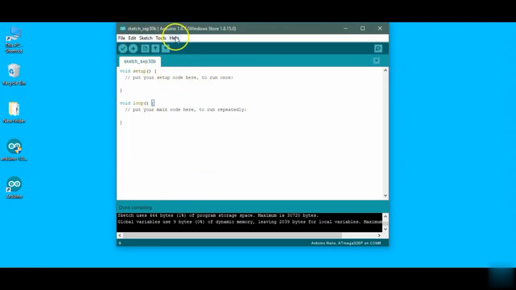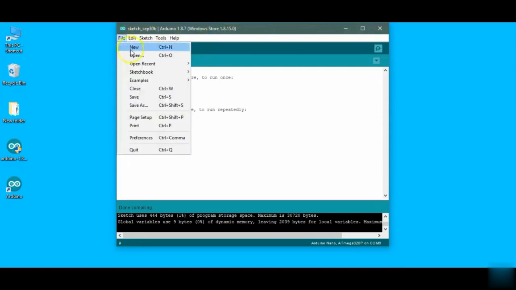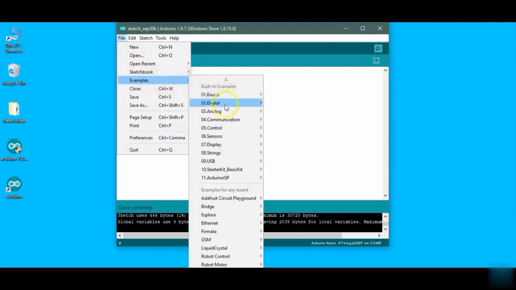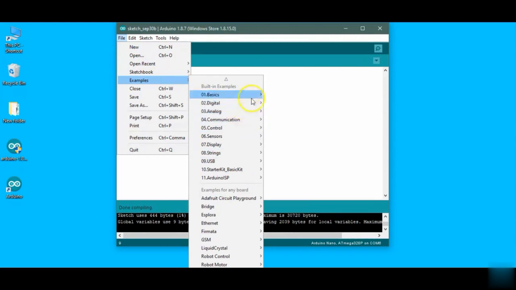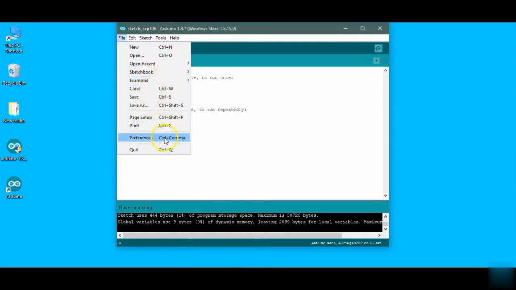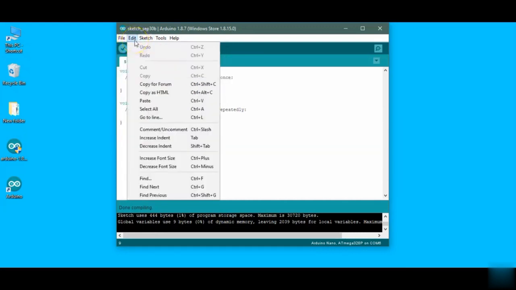Here you have 5 different options which are rarely used because all of these are given in the toolbar in shortcut forms, so they are not much required, but some of the options are important, so we will discuss them. First, in File you have different basic options, and the one to discuss is Examples, from which you can find different examples, which are code inbuilt by Arduino. These are basic examples you can write in the Arduino to check whether your Arduino is working or not. Then another one is Preferences, which is used to save the directory where you want to store your codes. And then in Edit we have